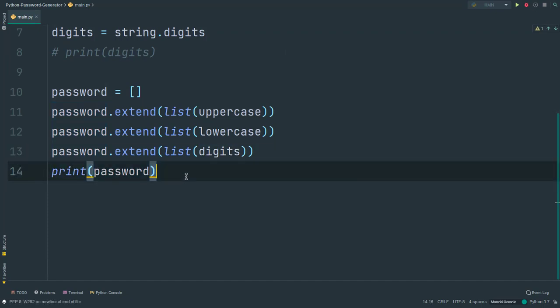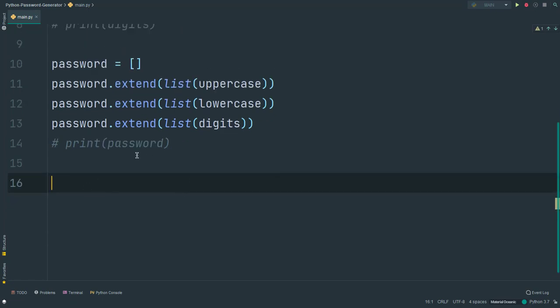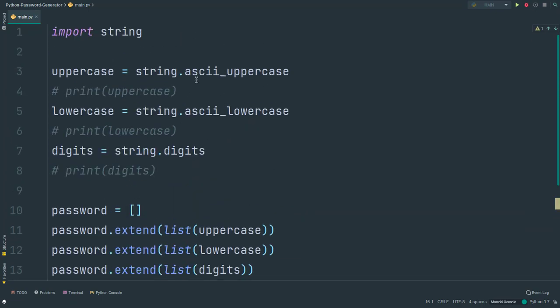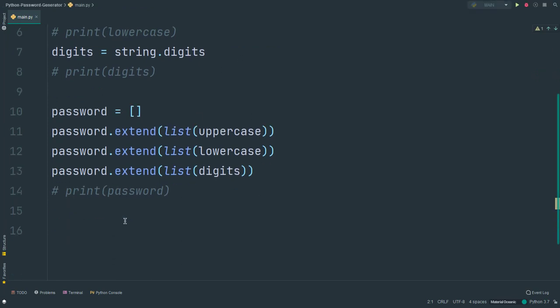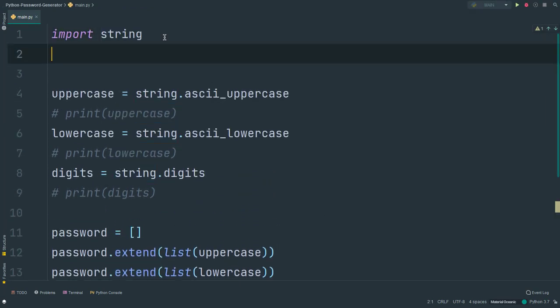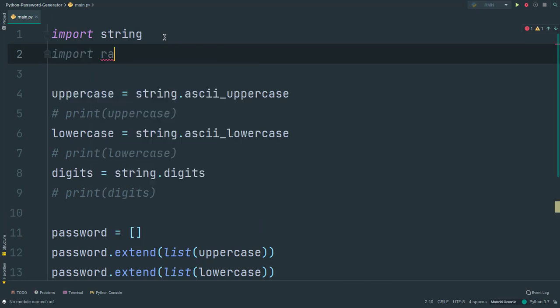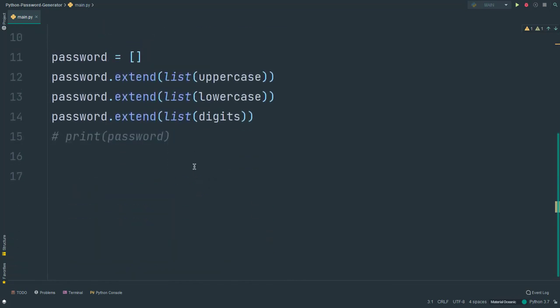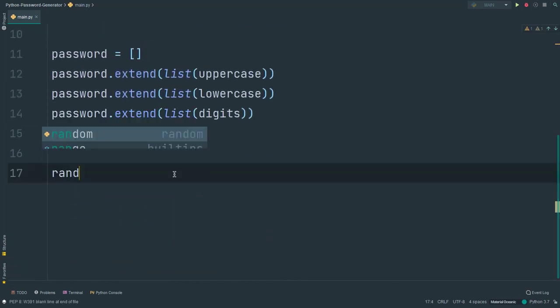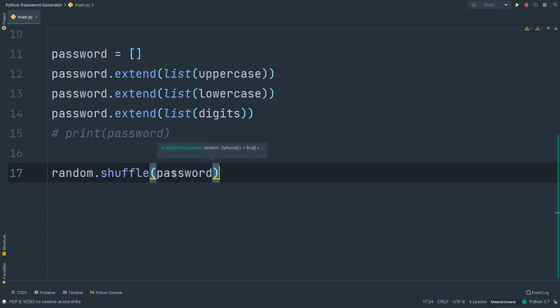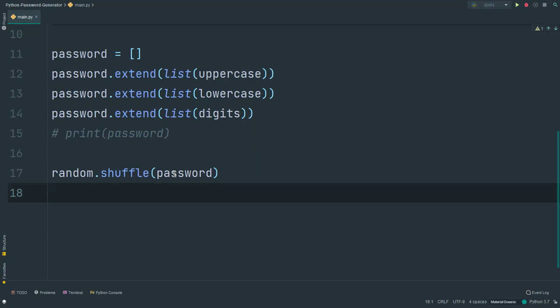what are we going to do? First I remove this line, comment out this line, and now we want our random module to randomize this, shuffle this. So let's import this. I'm going to say import random. Okay, yeah, this is nice. And then I'm going to say random.shuffle, and then password. Now when you try to print password,